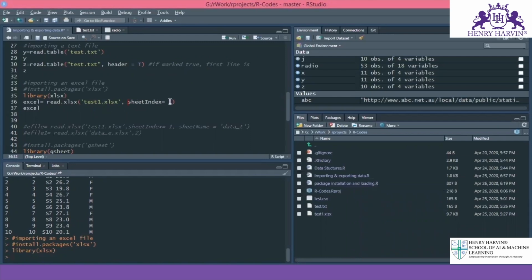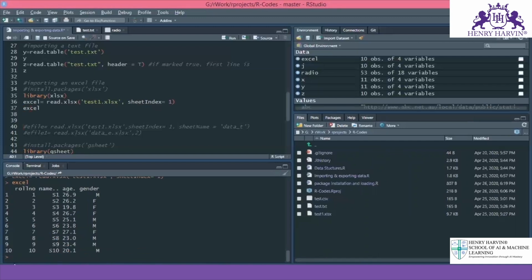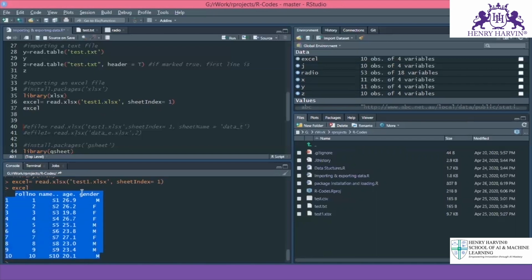is sheet index. So what does sheet index tell? There are multiple sheets in Excel files. You can create multiple sheets and you can specify the number for that. I want only the first sheet's values to be read, so I'm taking 1 here and I'm executing this command. Now let's run this Excel sheet, and you can see my values are saved in this. I have taken a very small data set here. There can be n number of rows and columns. It will be very easy for you to run this command and load that data into R and do further